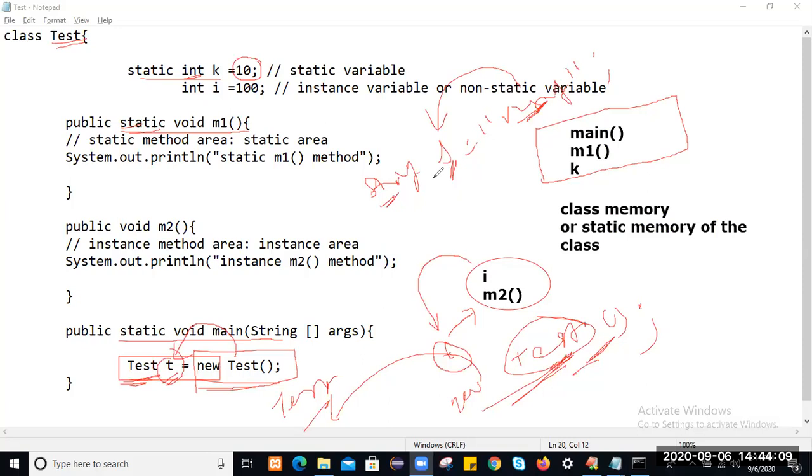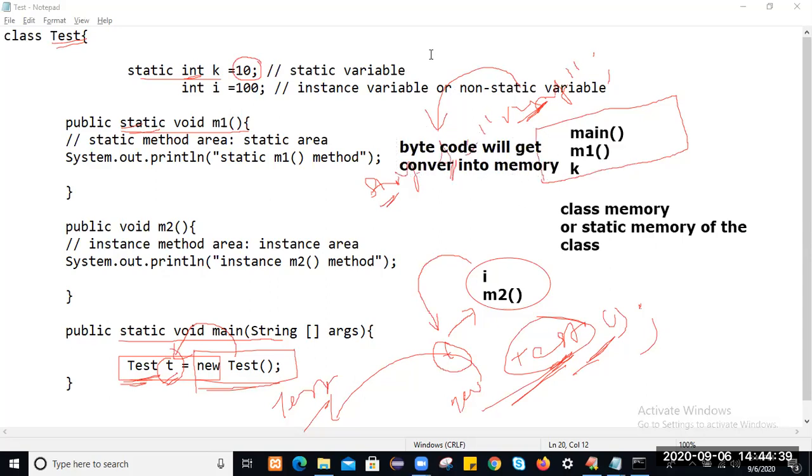Now, when will the memory get allocated for the static members of the class, and when for the instance members? For static members, memory will get allocated when the .class file gets generated, that is, when bytecode gets converted into binary.